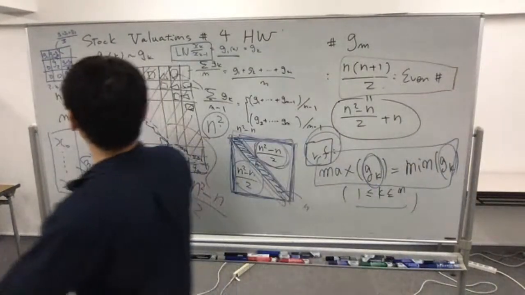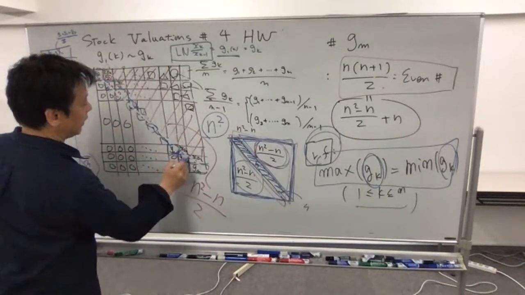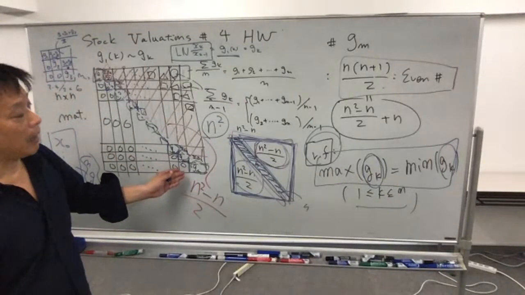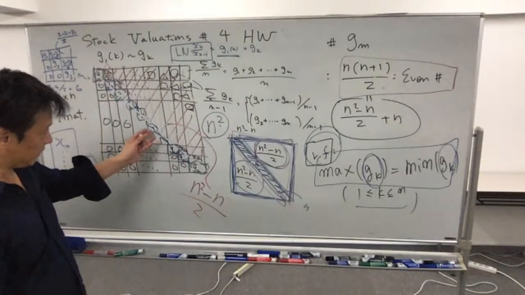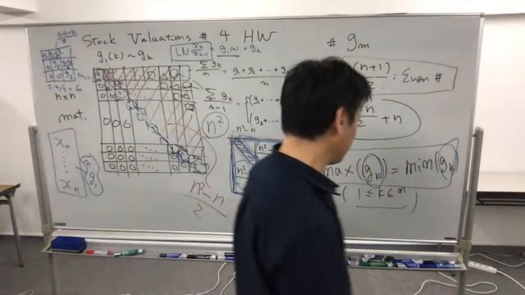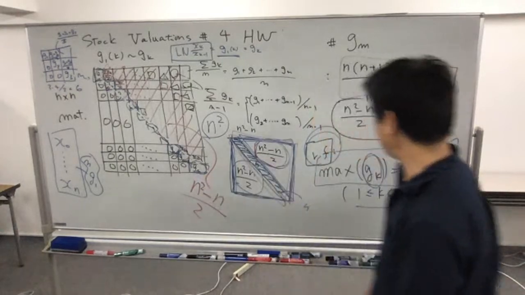I mean, among the n kinds of G1s, if the maximum value and the minimum value of Gk are the same,